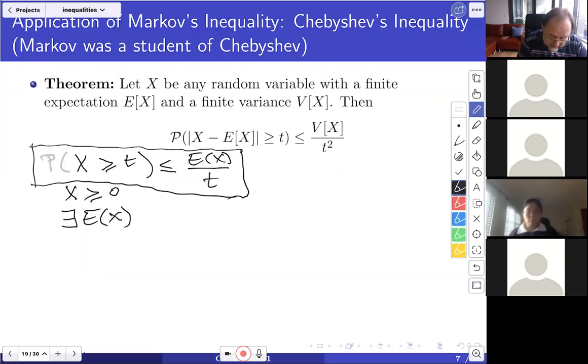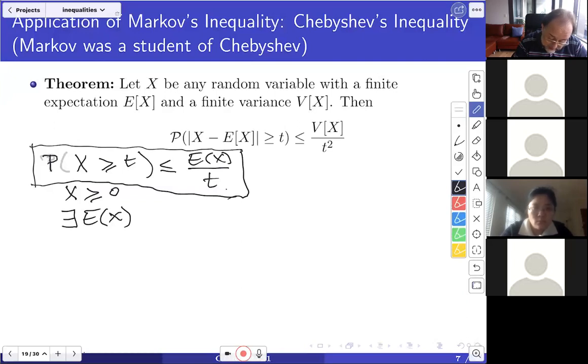If t is smaller than E of x, this side will be bigger than 1, and this is then completely vacuous because we know that a probability always has to be smaller than 1. However, it's a remarkably useful inequality, and we are going to see now